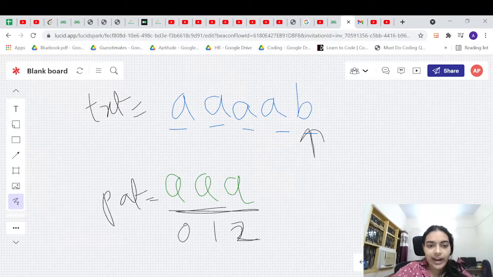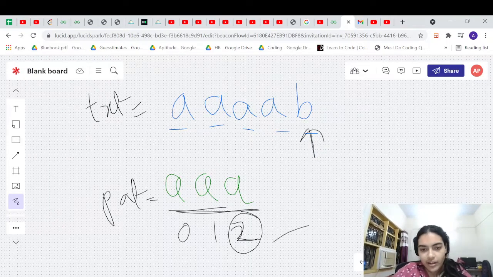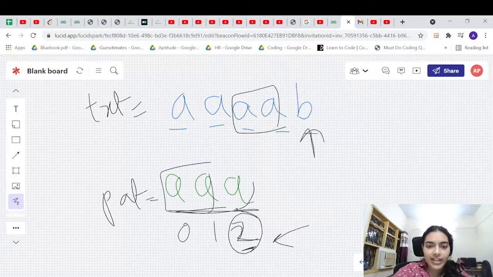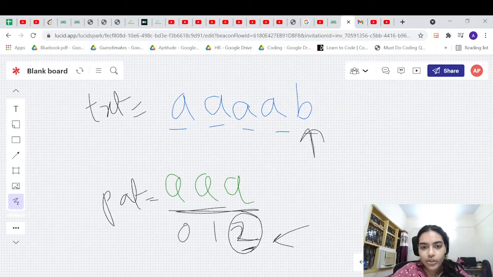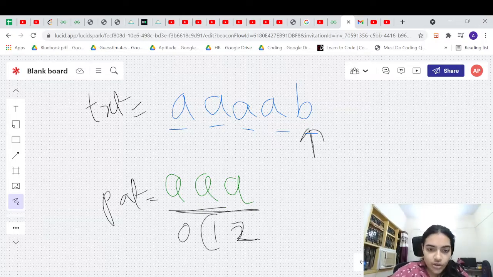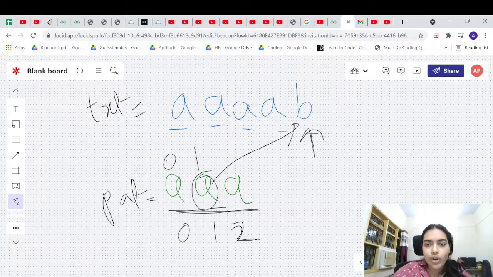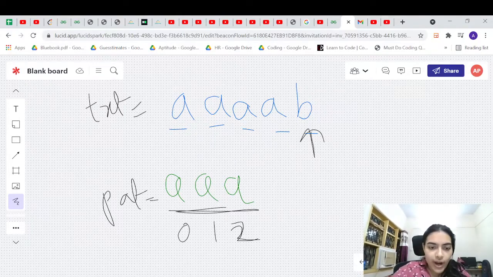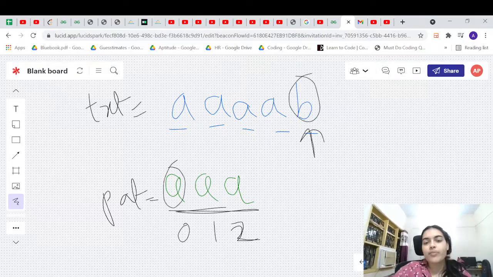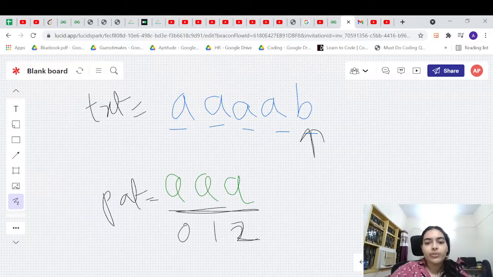Now you will go to the next character. Now you will try to see if it is matching, right? So you will look at the pattern, which means two. So you know that two characters are matching. You have to just compare this character A with this B, but unfortunately it is not matching. So in this case you will see if the character at index 1 is matching or not. Again, this is also not matching. So now you will go to character number 0. Now this is also not matching. So in this case you will just say that there is no match at all. Okay, you have reached the end, there is no match at all.